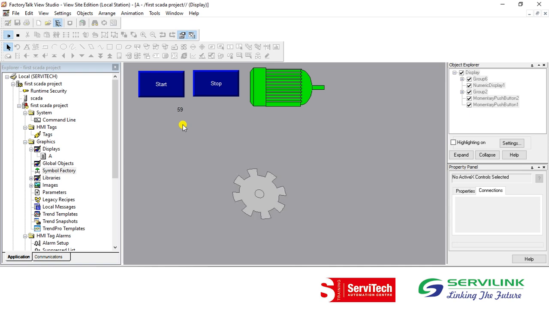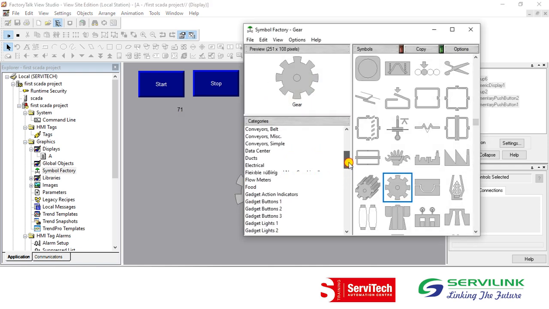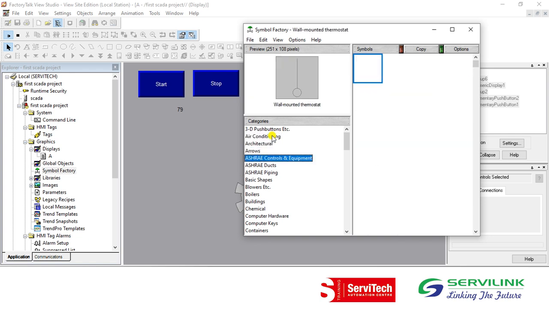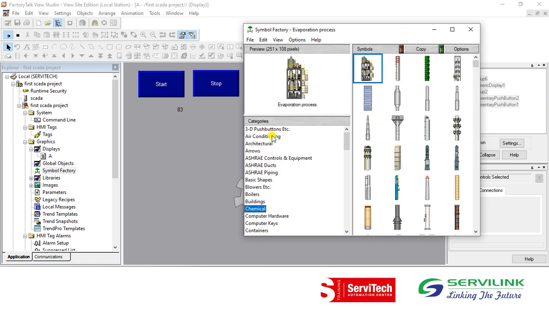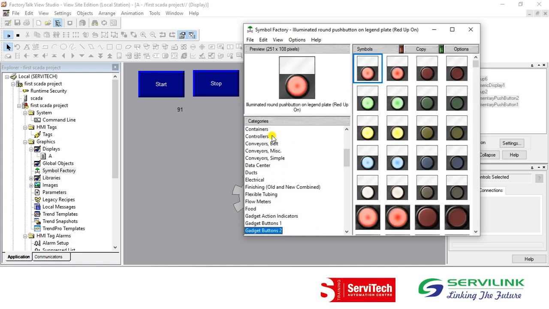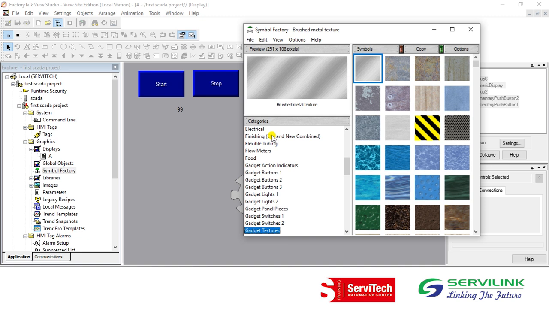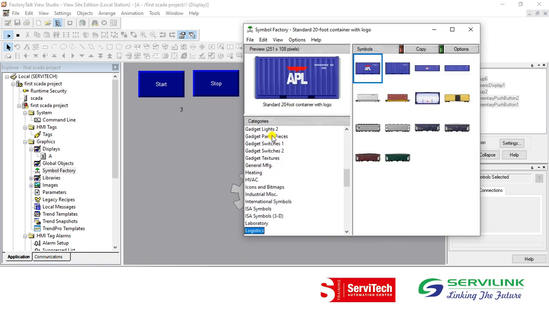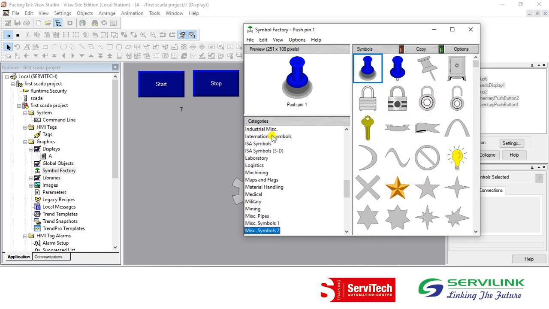Like this we can put different types of animation. There are lots of symbols available in the symbol factory, so you can put different symbols. You can make the architecture of your plant and put the animation as per your plant. There are lots of animations that can be done through these animation properties. And further